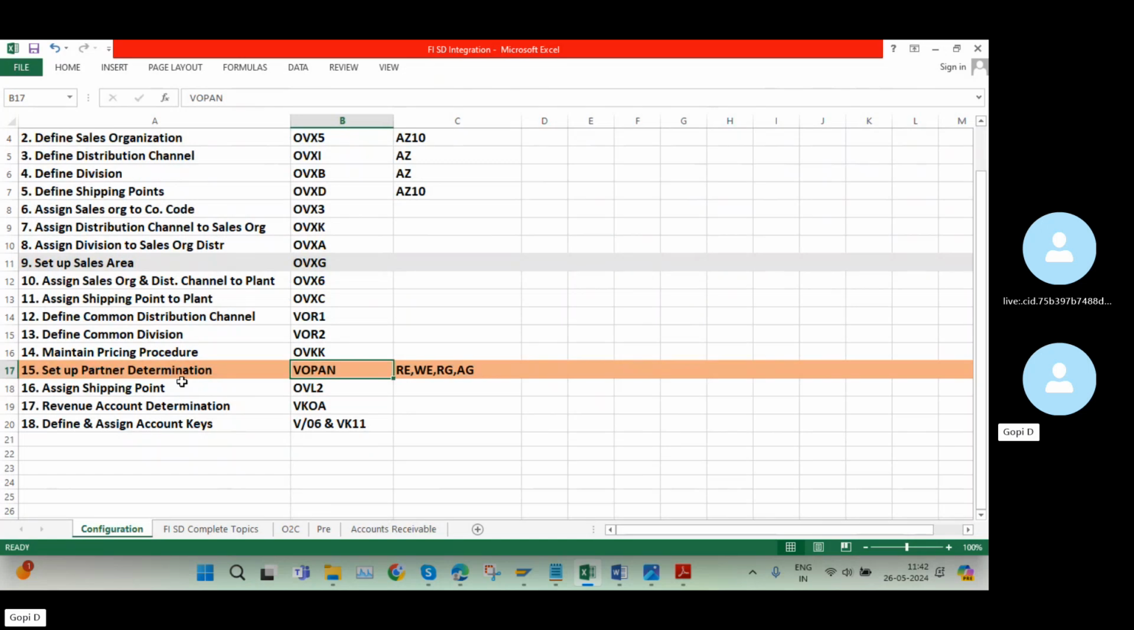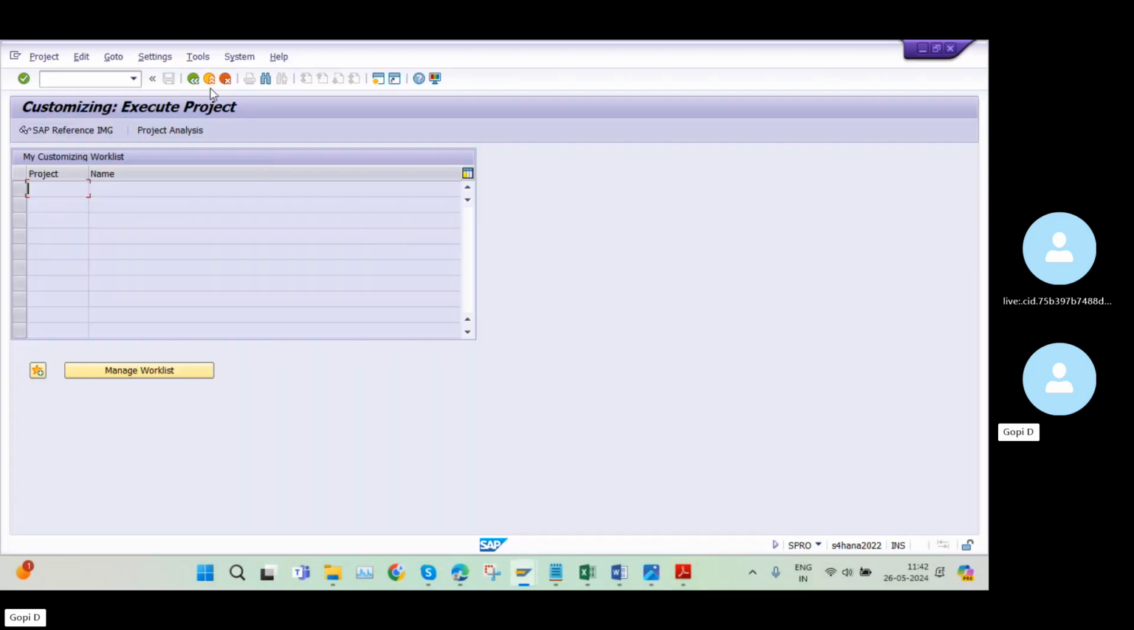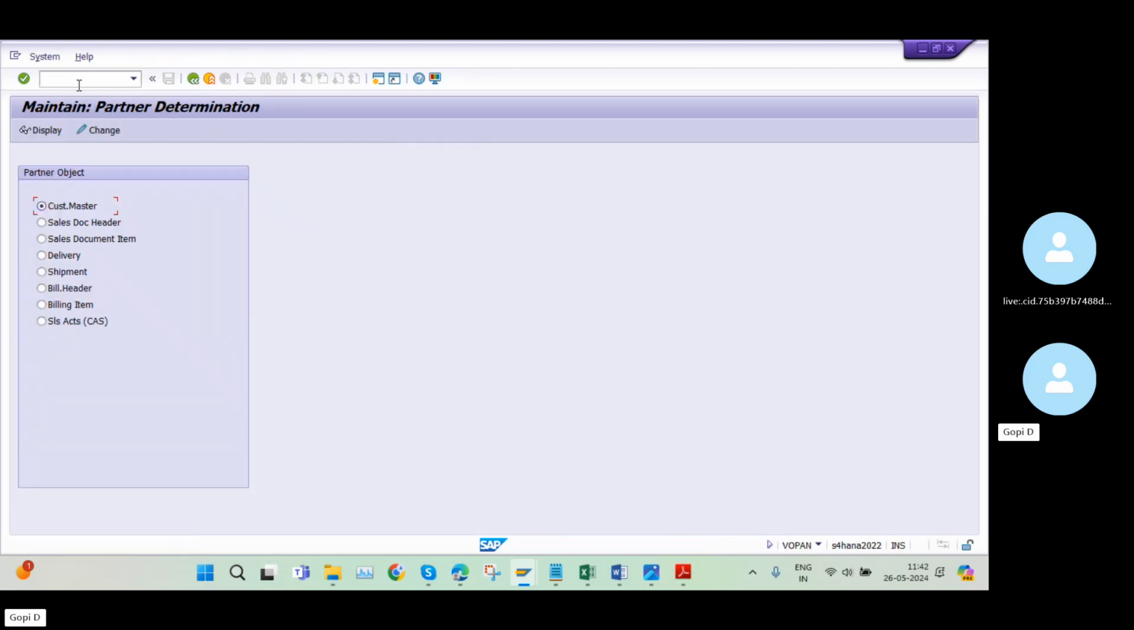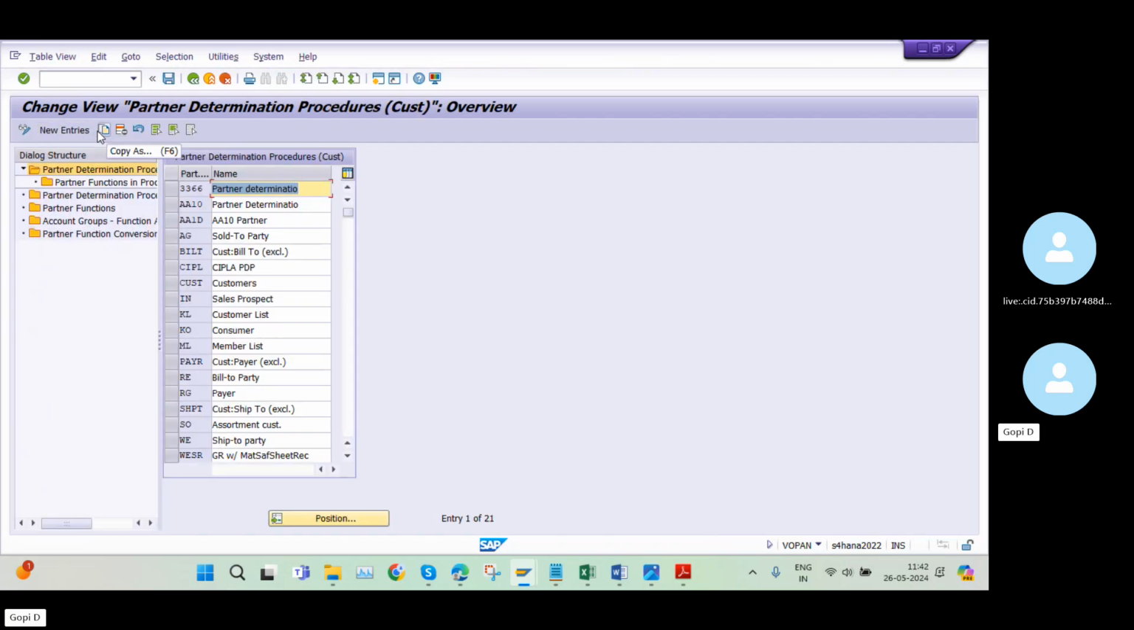So we need to set up the partner determination with the help of the VOPAN transaction code. So now I am going into the system, VOPAN transaction code, and here we have different types of partner objects. Out of this, I am going with the customer master and click on change. Okay. So under these settings,